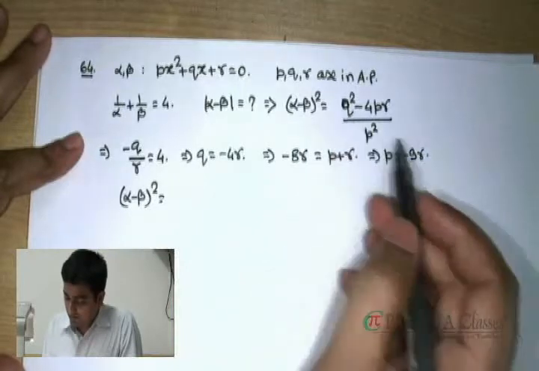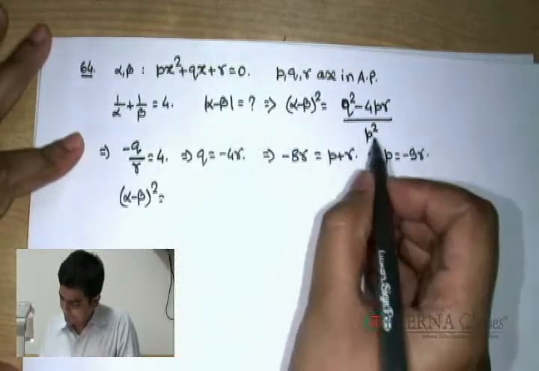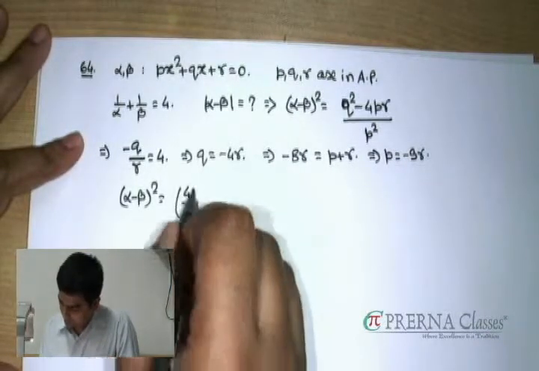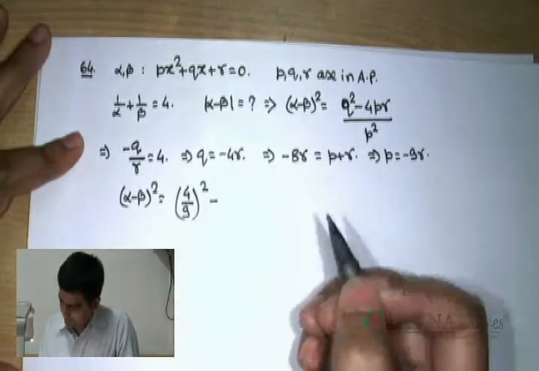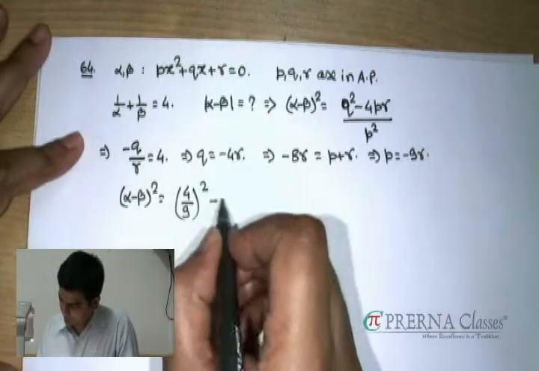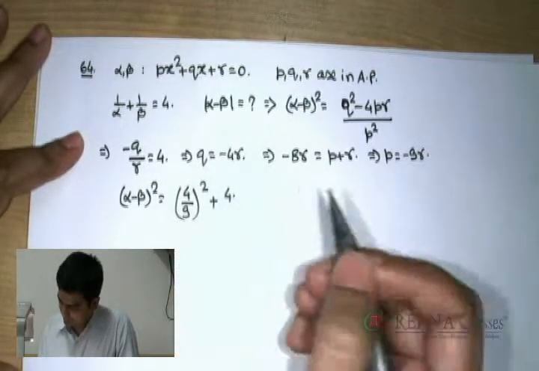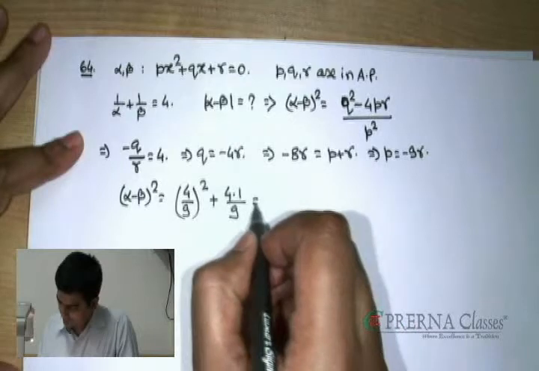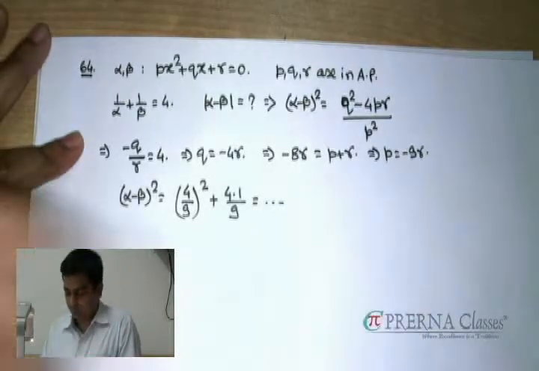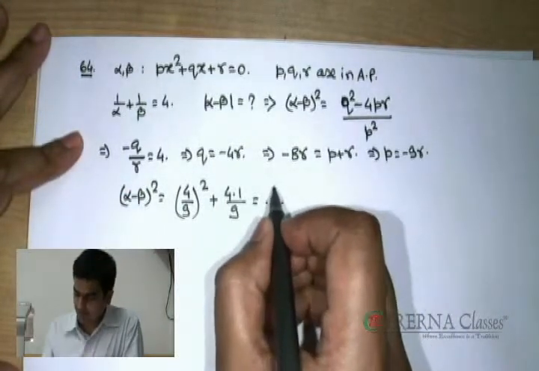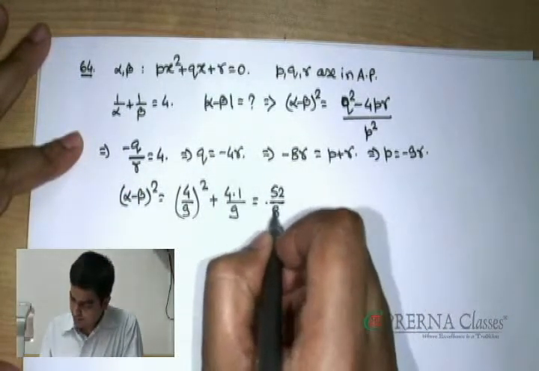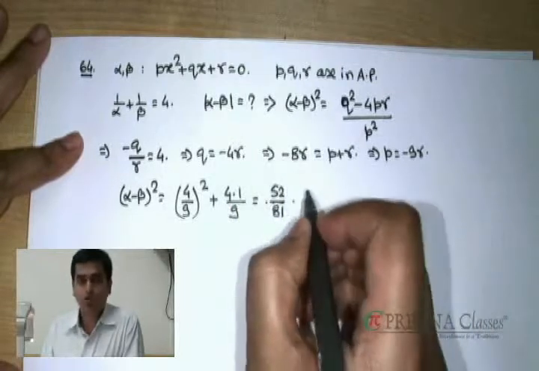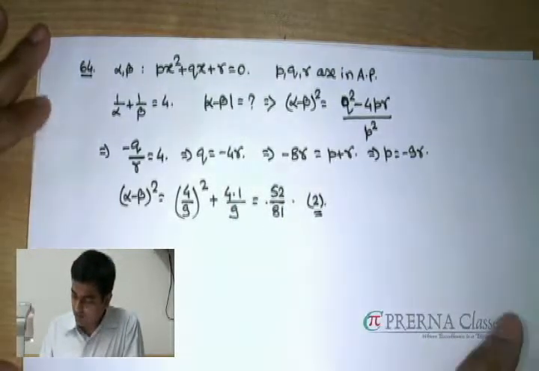Looking at that expression, alpha minus beta whole square is getting simplified to, which is going to give you the final expression as simplifying to 52 by 81, which is clearly going to specify the value of mod of alpha minus beta as the second option in that problem.